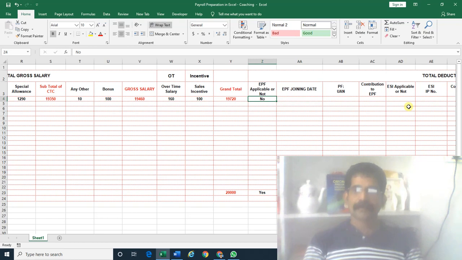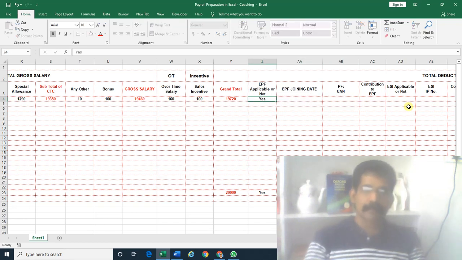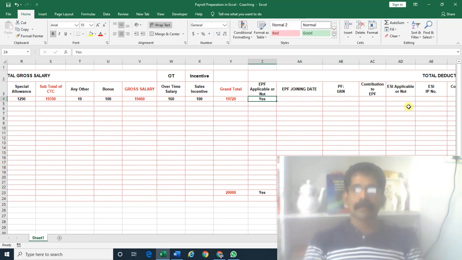In the same way, if the employee is applicable to EPF, definitely this has a date and definitely one UAN, universal account number, will be allotted. So definitely this column will be filled up. Unfortunately, suppose we forgot to fill this UAN number.